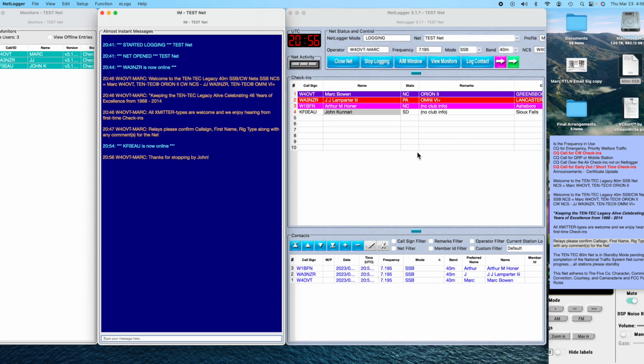All right, so that's a good overview of how you start the windows that are good to use within Netlogger, and how to enter contacts, what the behavior is in the View Monitors window, how the chat window works, the AIM